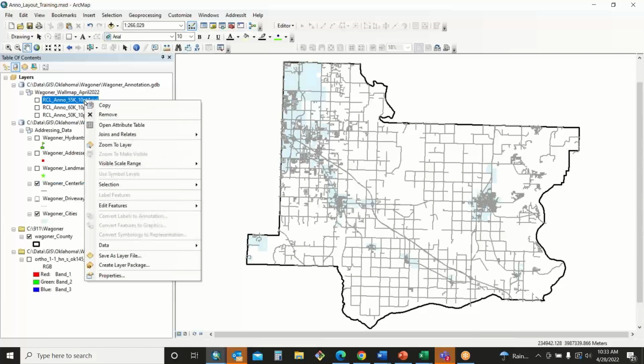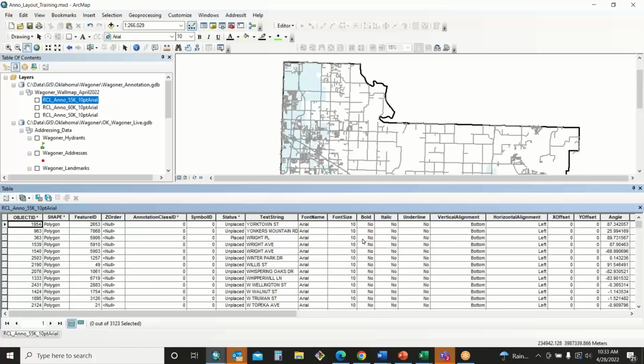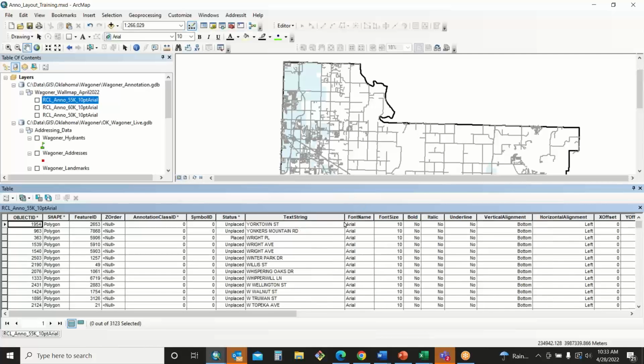So this is the one I'm going to use. I open that attribute table. This text string is what it's labeling. If I change Whispering Oaks Drive to Wisp Oaks Drive in this table, it will change the annotation on the map too